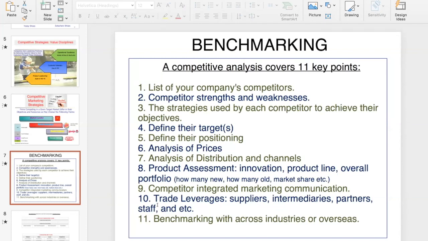Then the last thing I want to talk about when we're talking about benchmarking is also looking at competition analysis when it comes to overseas. Sometimes you can make a good analysis of what people are doing in order to compete by looking at brands not just in America, not just in California, but seeing in other states, in Canada, in Mexico, in Europe, in Asia. What do they do? And sometimes what they do in this market is something that you could adopt in your own market. So then you come up with an innovation, which is an innovation for the market where you're selling the product,